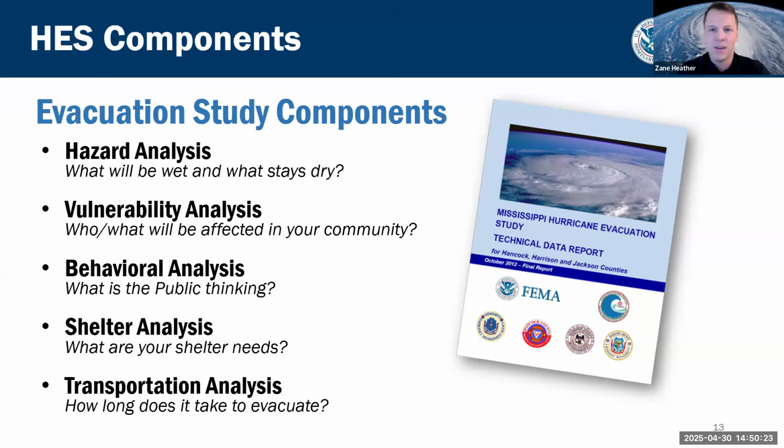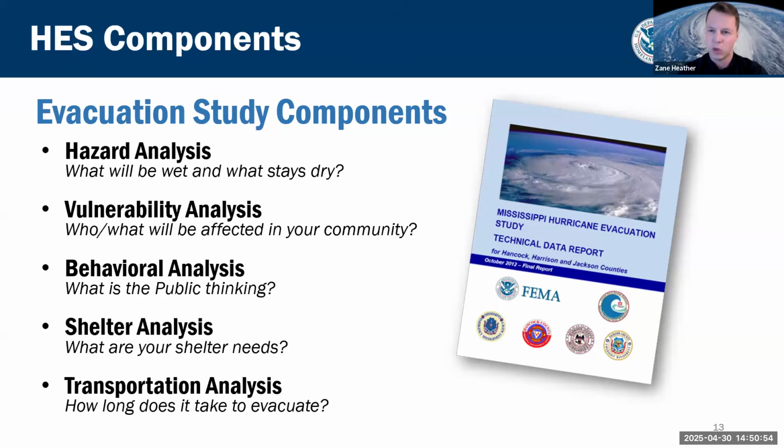Next is the behavioral analysis of these exposed populations. How do we expect they will behave? The people that are in harm's way that will receive hurricane evacuation orders, how will they react? Next is the shelter analysis of that exposed population. How many of them do we expect will need public sheltering? And then finally, transportation analysis, using all the information and data that is gathered in the first 4 analyses. It aims to tell you, of the population exposed to hurricane hazards, how do we expect they'll react, and how long will it take for them to evacuate?